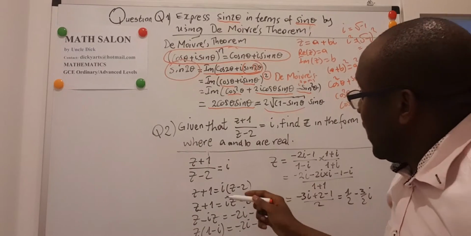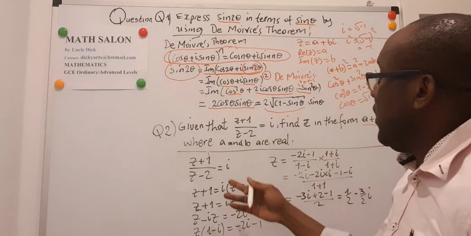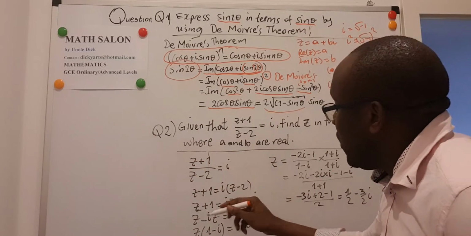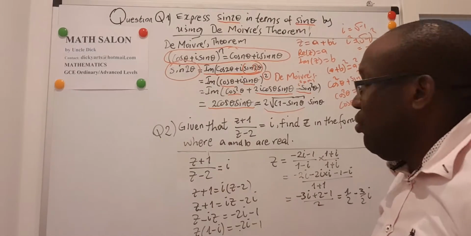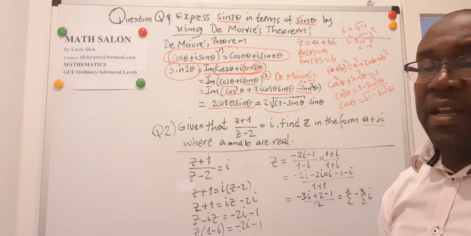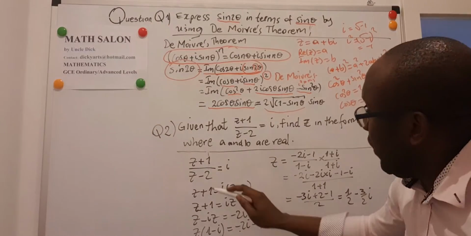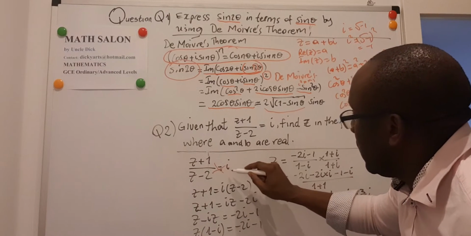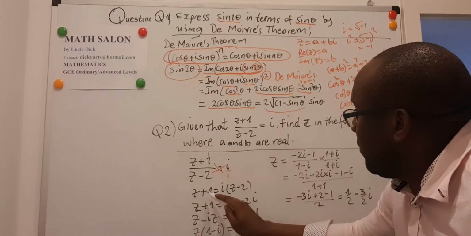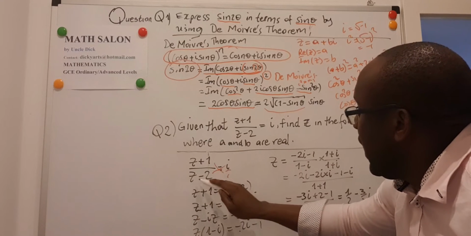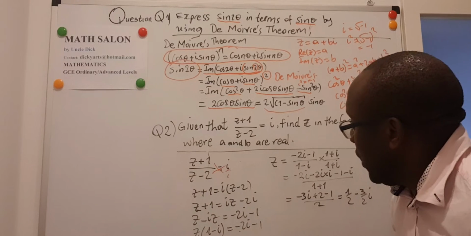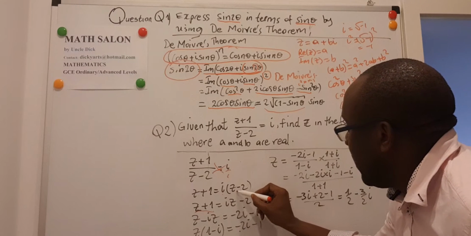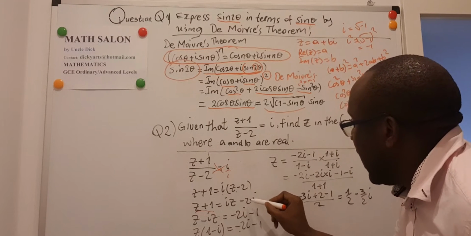In this relationship for a complex number, the a and b are real numbers. So if that is the case, there are several ways you can do this. One is like saying, let z be equal to a plus bi, and you substitute here and play around. But I will look for one that is easier, and I think will not complicate your life. So if I take this one here, I can just cross multiply this on 1. So this z plus 1 multiplied by 1 stays there, and this goes with the i. Z plus 1 stays there, the i goes inside: i times z, iz, and i times minus 2,